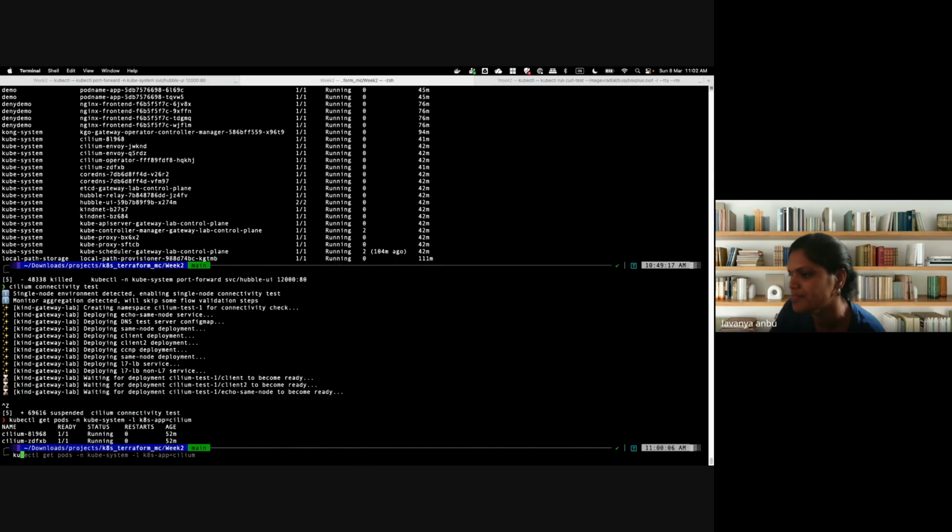But yeah, is it answering your question, Farna? We are going to see this Kyverno in detail, how it will work. But on the high level, Cilium is during the networking layer. But Kyverno is at the pod creation, whether to allow the pod or not, whether to allow the deployment or not, whether to allow